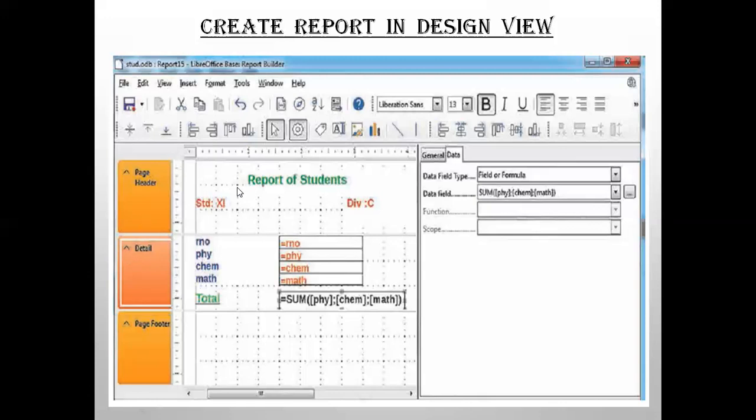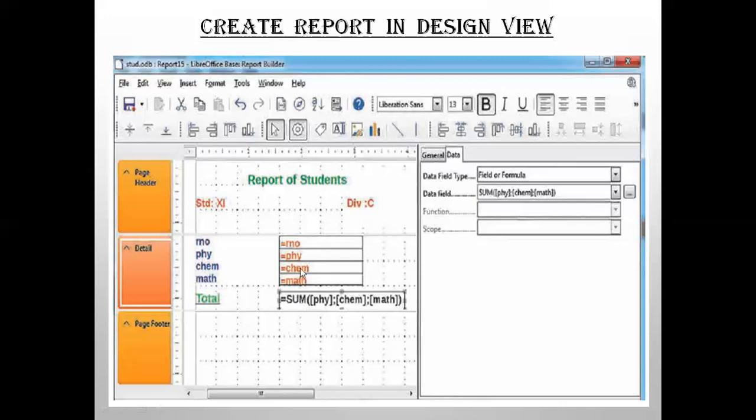In the page header, you can drag control fields with fixed text. In detail, you can drag and drop database table fields. And in the footer section, you can again drag control fields. So here you can put the title for the report.